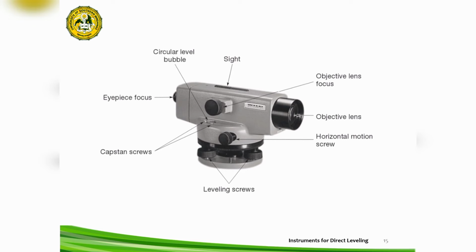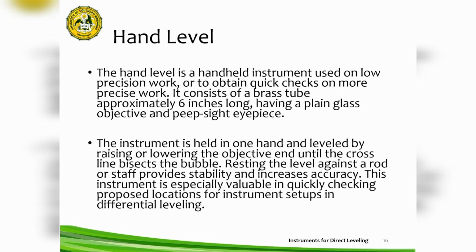So this is the telescope. Next. Hand level. The hand level is a handheld instrument used on low precision work or to obtain a quick check on